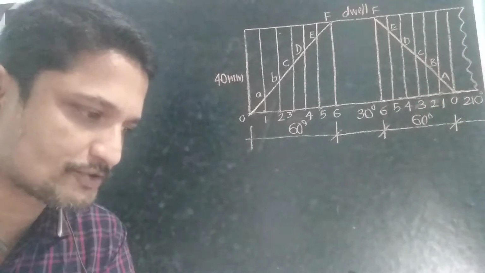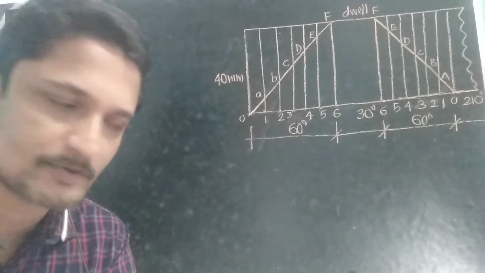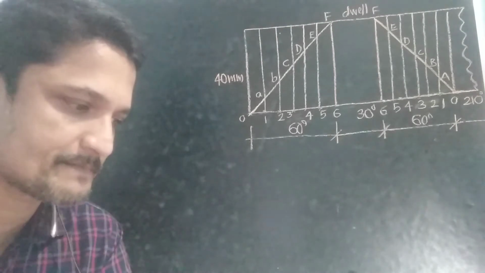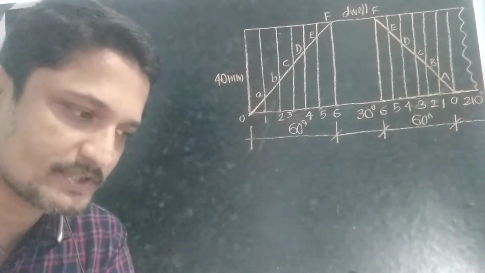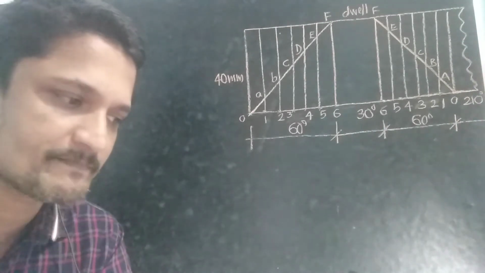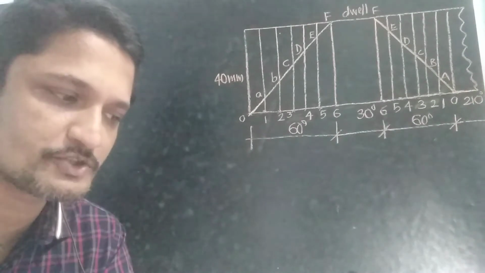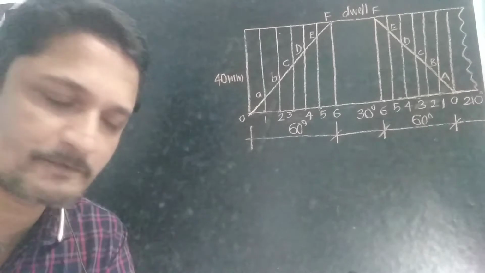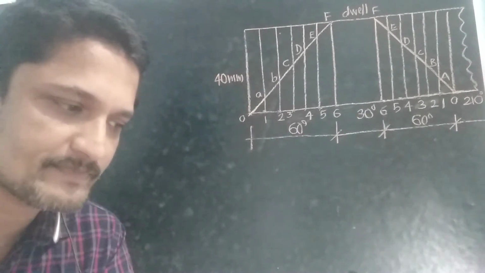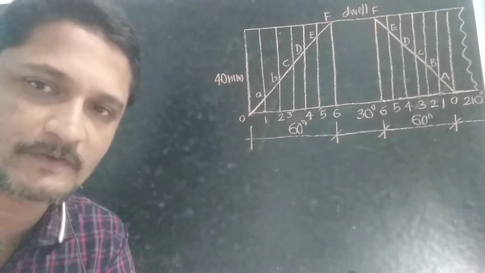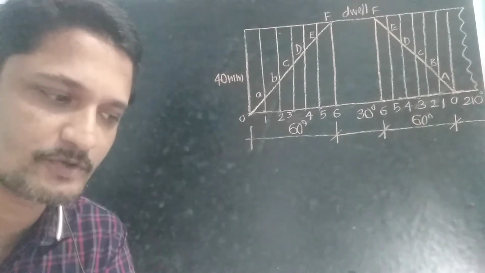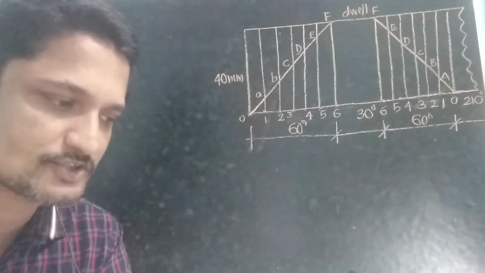1. Outstroke during 60 degrees of cam rotation. Dwell for the next 30 degrees of cam rotation. Return stroke during the next 60 degrees of cam rotation and dwell for the remaining 210 degrees of cam rotation. The stroke of the follower is 40 mm and the minimum radius of the cam is 50 mm. The follower moves with uniform velocity during both outstroke and return strokes.